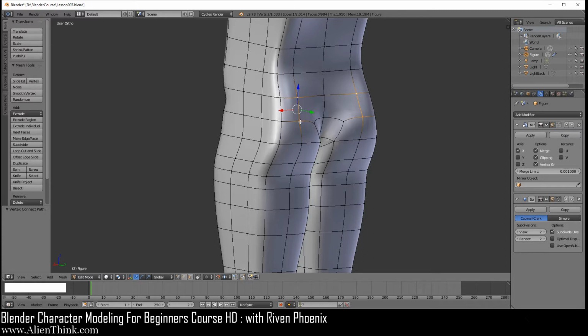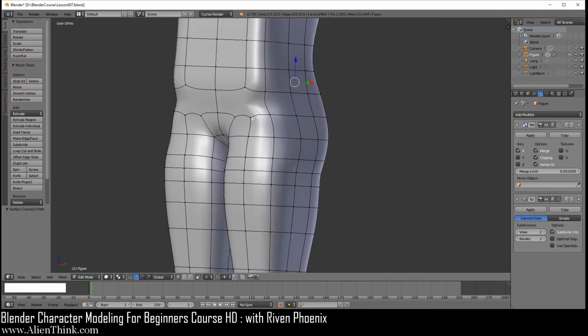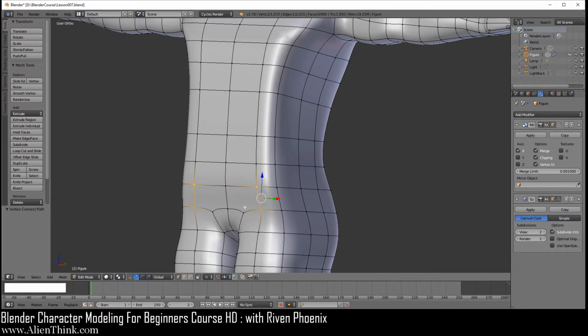And the cool thing about this is that you can actually, let's say, click on this vertex and click something far away, and it will basically, like the knife tool, automatically figure it out for you. Okay. So anyways, go ahead and click on this one, shift key down, click on this one, and now press J, and you'll see that it does the same thing over here. So now what this allows us to do is add an edge loop right over here. So I'm going to do Control R, I'll hover my mouse like this, left click, and then right click.